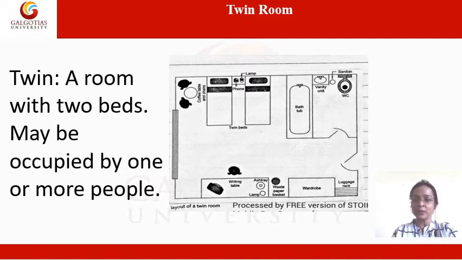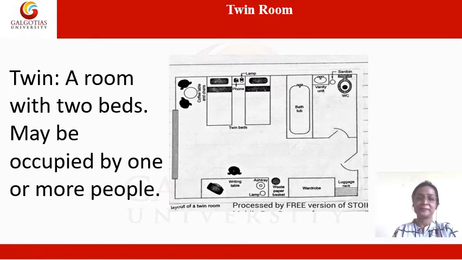Next is the wardrobe. Again next to that, there is a dustbin, and next to that there is a TV cabinet. This cabinet can be used as a writing table wherein the TV is placed. There is a sofa chair also equipped, and there is also an ashtray and a lamp kept. So this is what it is all about the twin room. Let's see what next is there in a room layout.